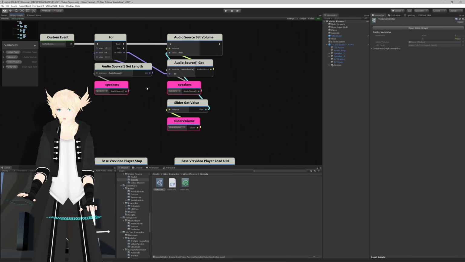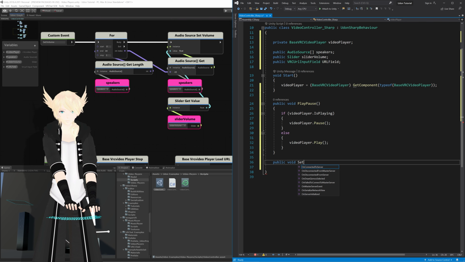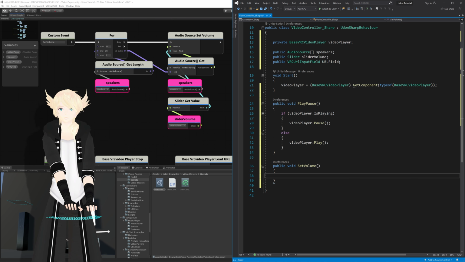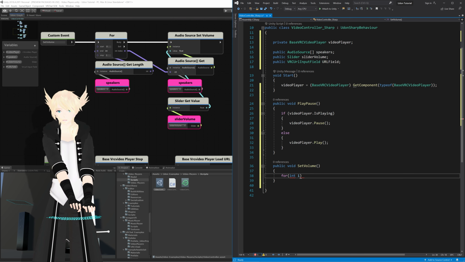So let's go into our setting volume. We'll have a public void set volume. And now here's where we build our for loop. So we do for parentheses, and now we need to have an int that we iterate through. So we'll say int I just to iterate and establish that as equaling 0. Now, while I is less than